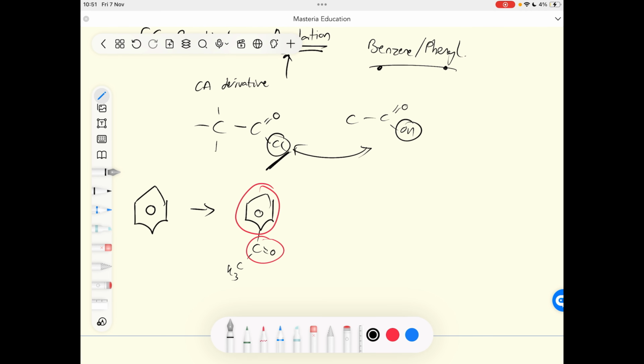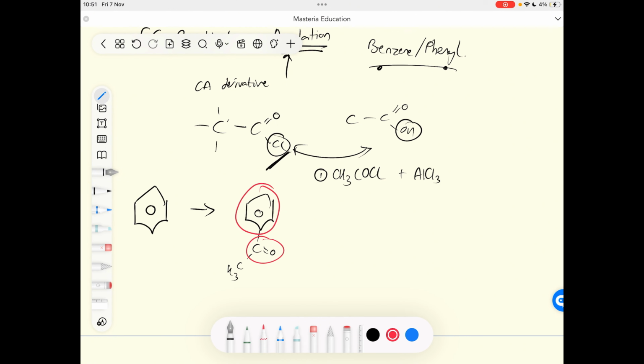So how do we make this? Again, the steps are exactly the same. Step one was generating our electrophile. So let's use ethanoyl chloride as our example. So that is going to be CH3COCl. What we do is we react it with a molecule known as a halogen carrier, and that will be